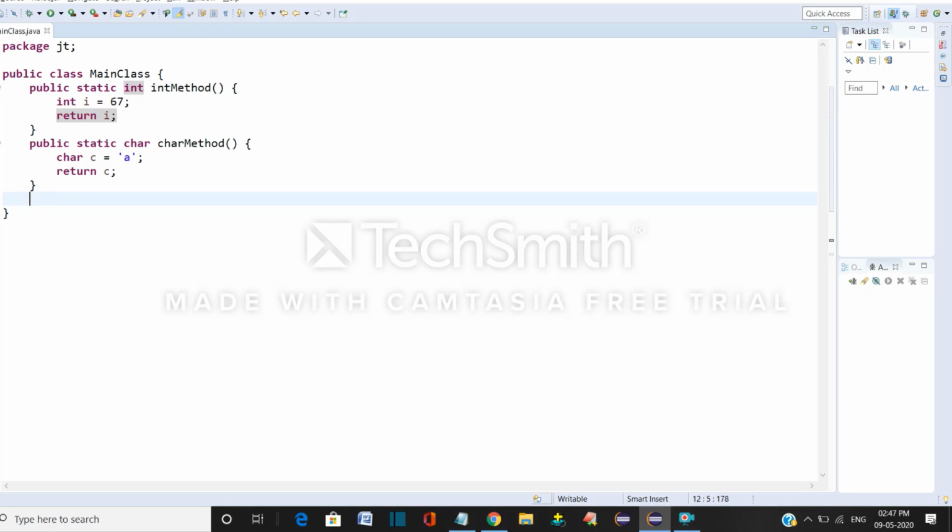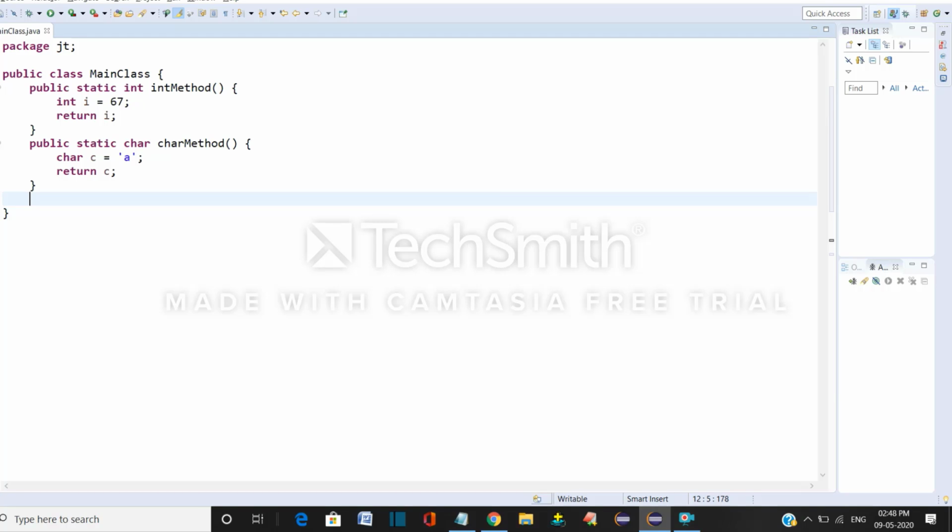The rule of a Java program is that in order to execute any of your code, it should be called from the main method, or written in the main method. In simple words, a Java program always starts from the main method and ends within the main method.